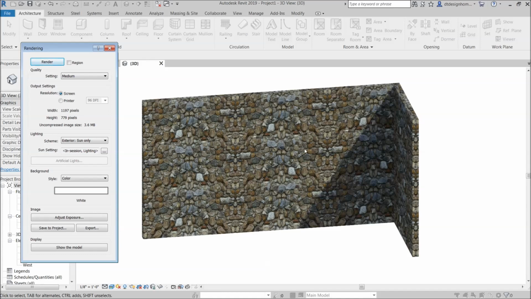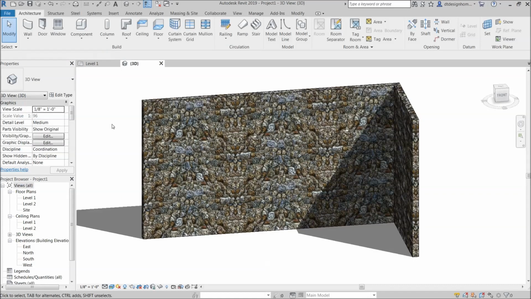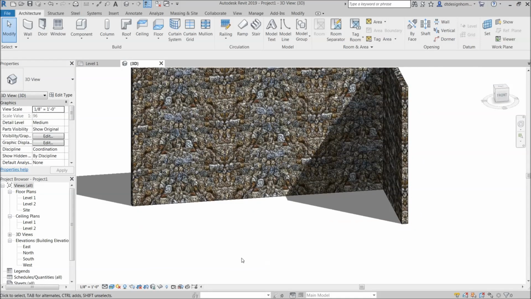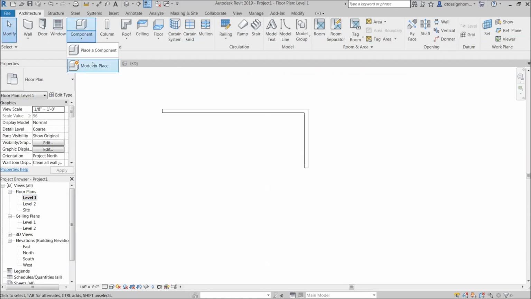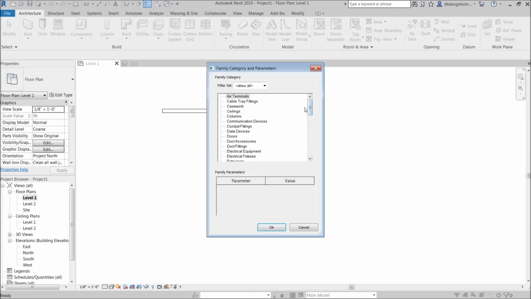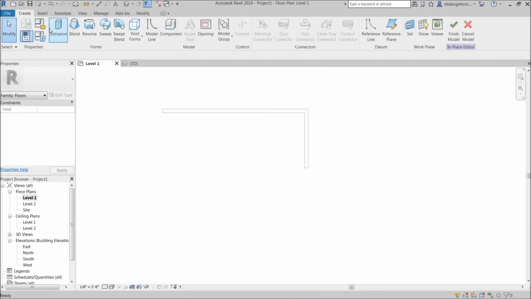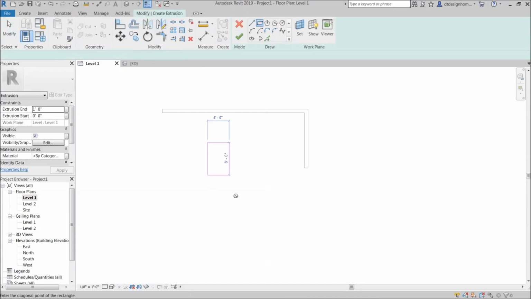So overall, that's not too bad as far as creating a seamless stone texture along with the bump map that goes with it. So beyond that, I mentioned we're going to discuss doing something with a single texture to it. So let's say we're going to do an area rug, which is a good example of this. So we'll go in here and we'll just create a floor, okay, create an extrusion, and let's say